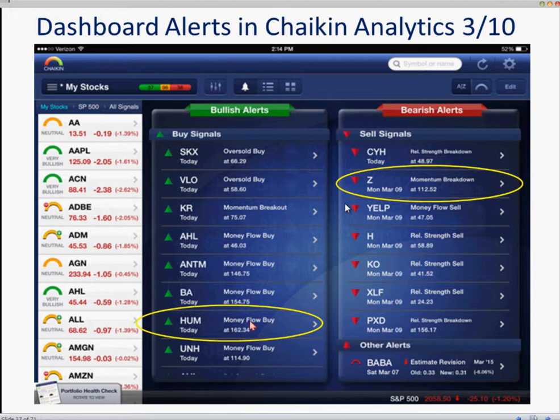I circled Humana because it was in the healthcare. It could have been Anthem. You had a money flow buy at 162, and then on the sell column, Zillow triggered a momentum breakdown at 112.50. Yelp, which has been a very weak stock, had a money flow sell. There's Coca-Cola. So it zeroes in on actionable opportunities,